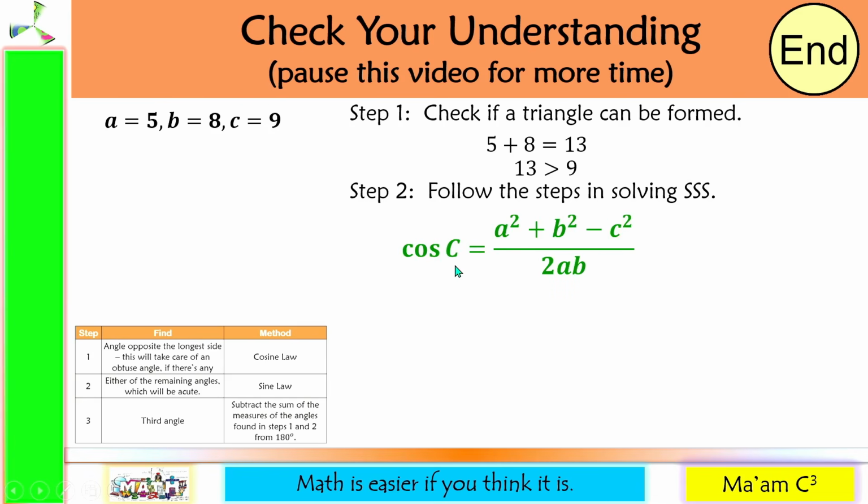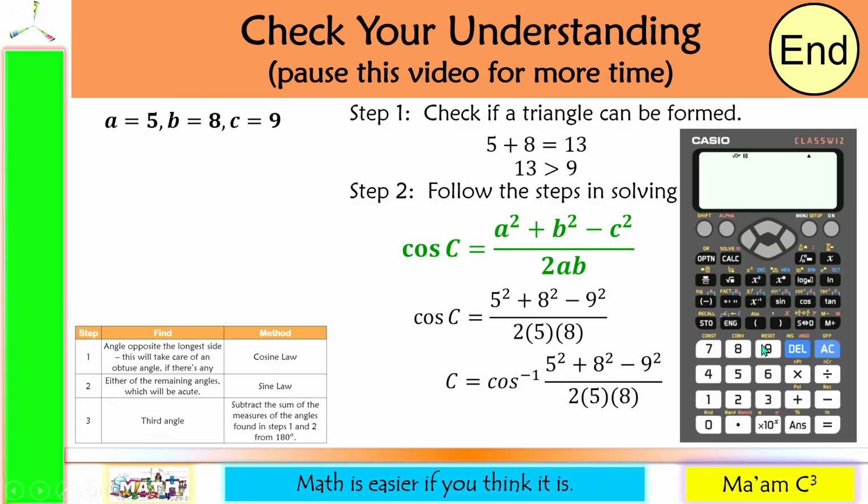This is the missing side, so you have to subtract the square of the side opposite the missing side. A is equal to 5, B is equal to 8, C is equal to 9. Let us substitute those values in this formula. We are looking for an angle, so we're going to make use of arc cosine. Let us solve this. We have shift cosine of 5 squared plus 8 squared minus 9 squared, all over 2 times 5 times 8. And this is equal to